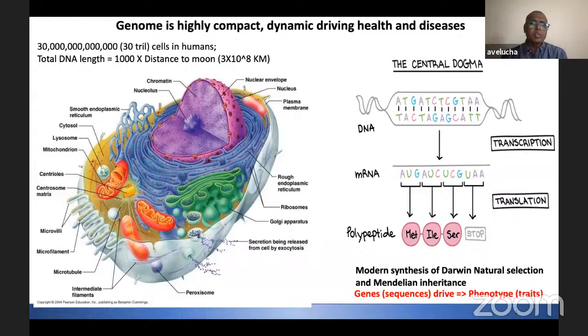So these nucleotide changes are Mendelian inheritance. That means it's like